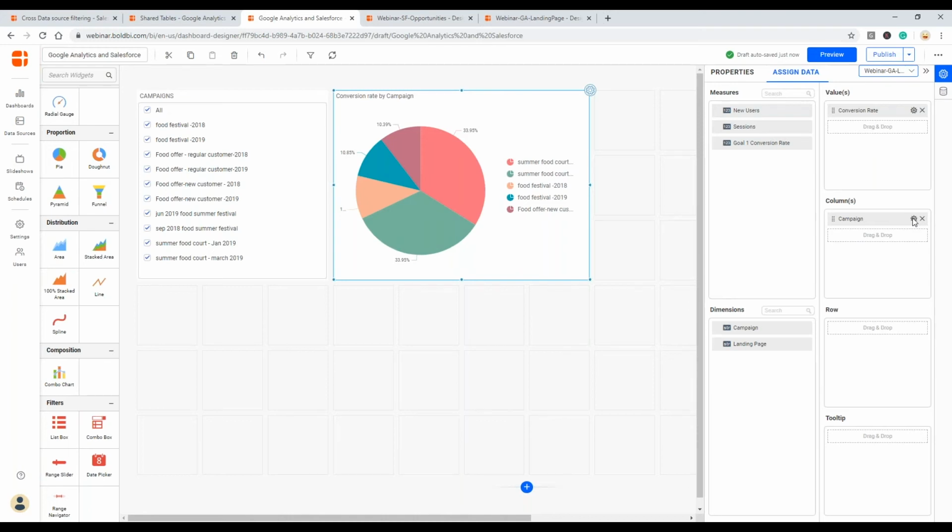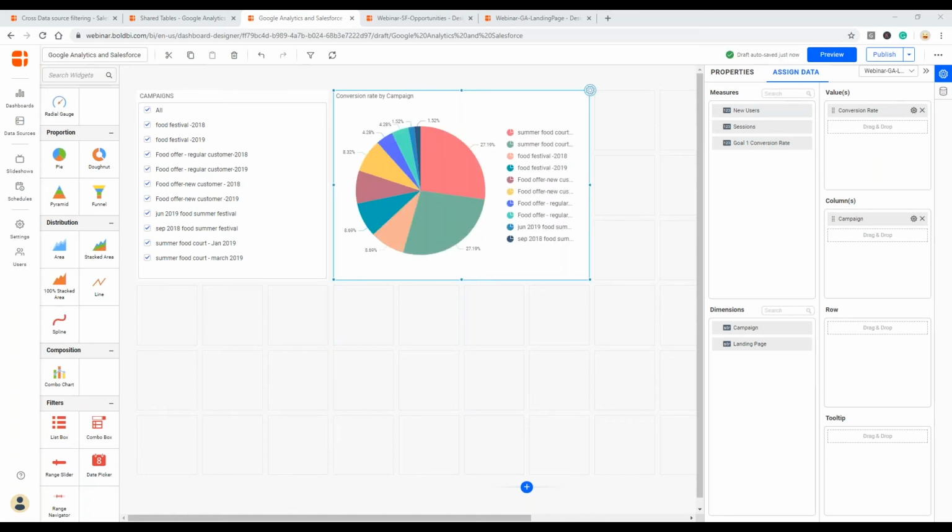Once again, I'm going to remove the filter so that all the values get listed. Here I go. So I could easily note that the summer food court campaign has been more successful apart from other campaigns.